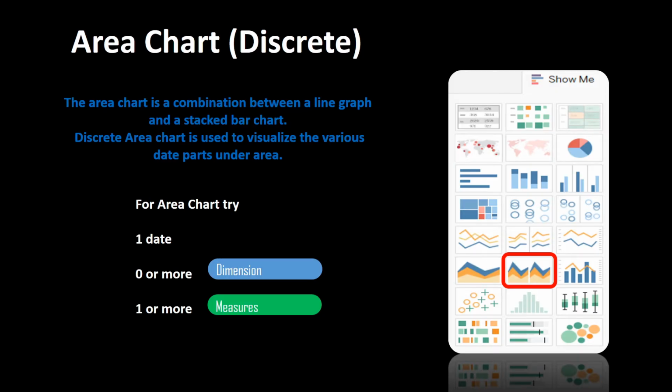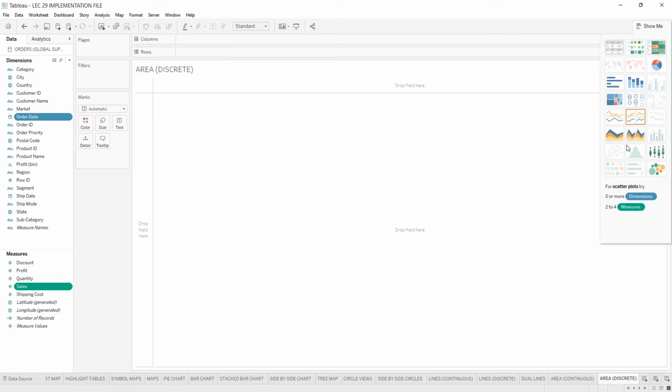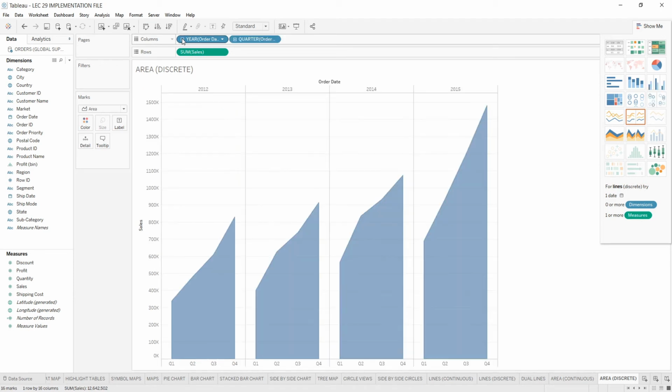Area charts that are discrete in nature. The area discrete chart is similar to the line discrete chart, and for creating this area discrete chart, we also require our order date attribute. With this, we require the measure and then we need to click over to the Show Me tab and then the area chart discrete option. The area chart would be created, and similar to it, if we click on the plus sign of it, it will be dividing the time into various quarters, and all these quarters will be discrete in nature. And further, for showing better analytics, if we drag ship mode over color, it will be showing you the data regarding it in various colors.